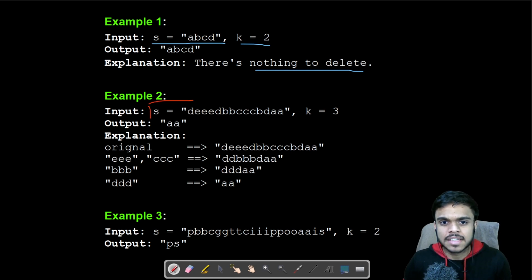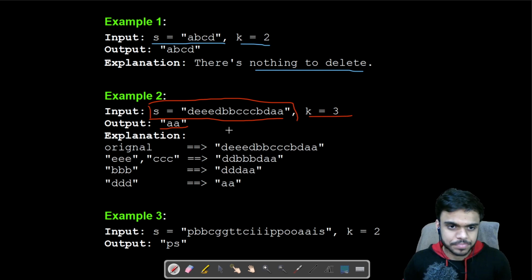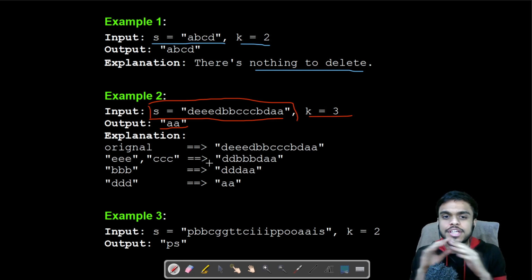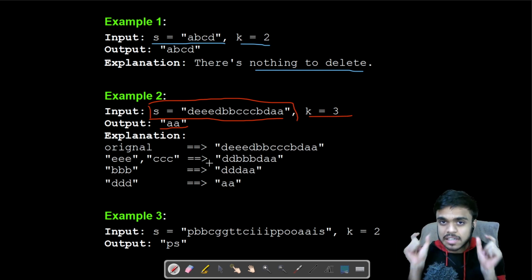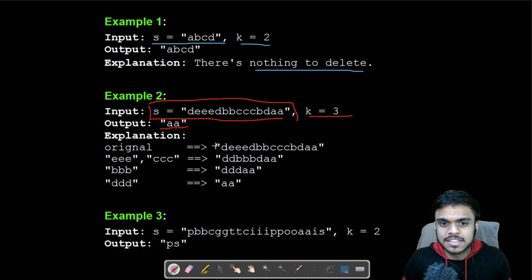We have the input S, which is the following string, and we are given K equal to 3. The expected output is AA, which is the final string. Here K equals 3, so we need to pick substrings in which the letters are adjacent and the same. This is the original string, and here we can see that triple E and triple C are the same.